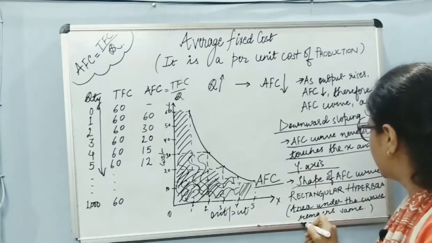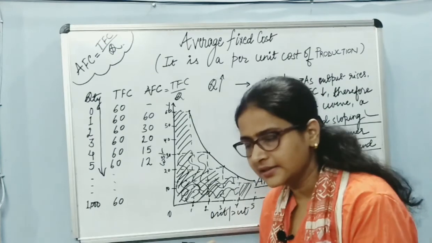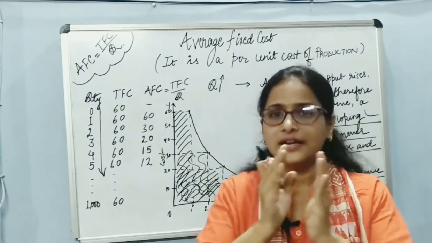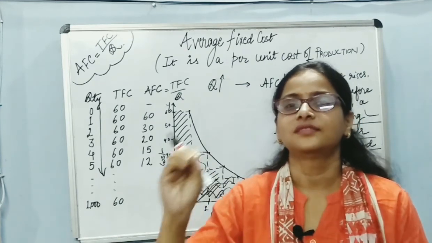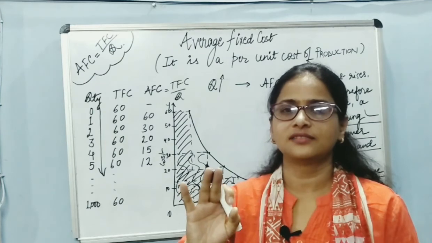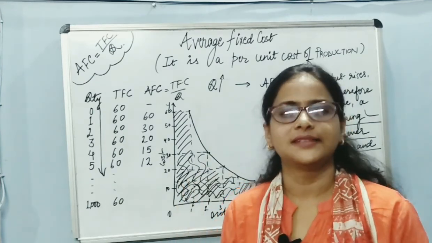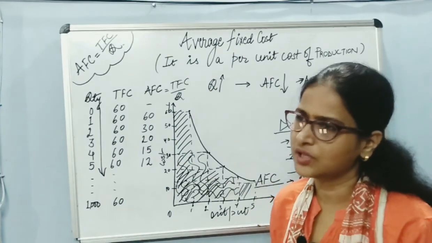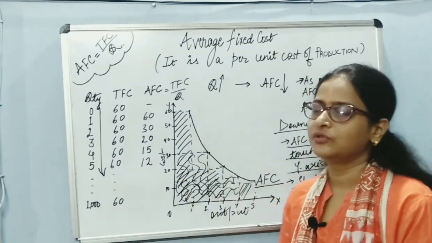The area under the curve remains the same. Whatever the number of rectangles, it doesn't matter. The area of all the rectangles will be the same. This is all about the AFC curve, that is the average fixed cost curve. If you have any problem,